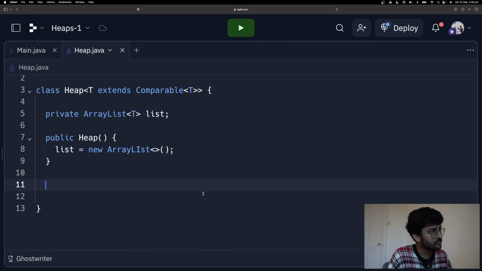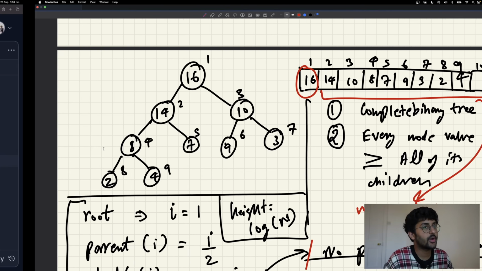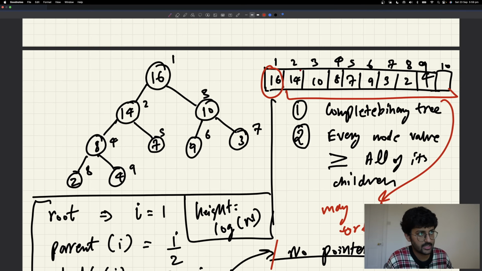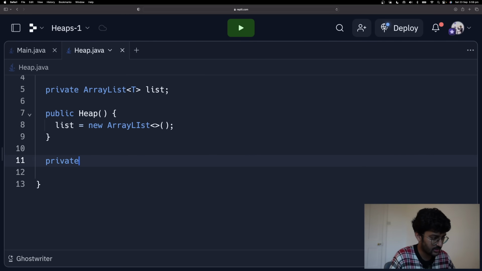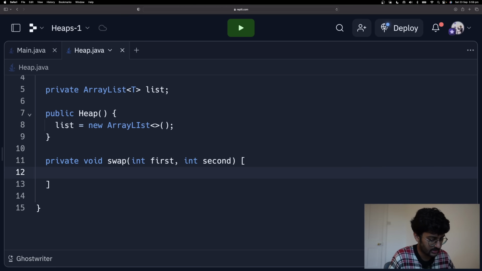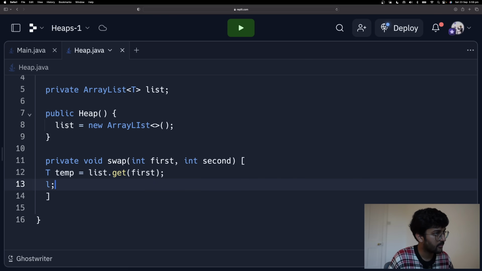Done. What now? Okay, but since we are going to swap a lot of elements, let's say this is an array list. I need to swap two indices, so I'll just create a swap function to make my life easy. Private, not returning anything. First index, second index. Temp is equal to list dot get first, list dot should be curly braces. Okay, then I can say